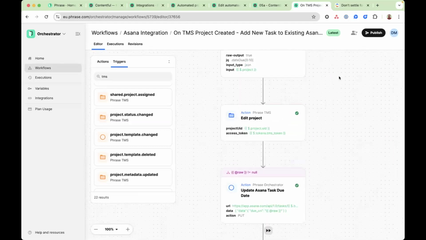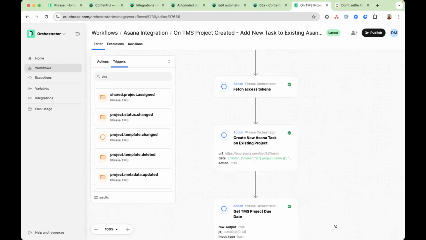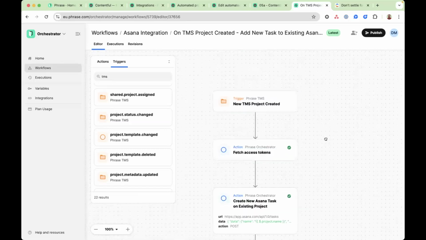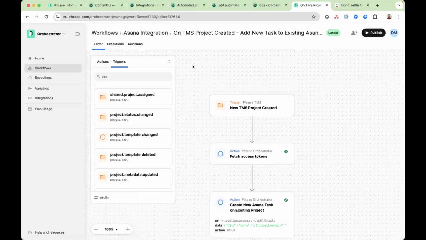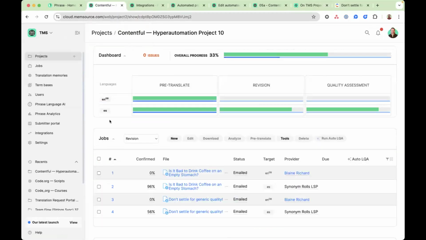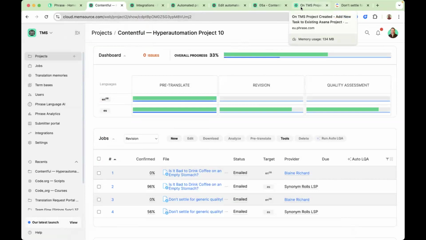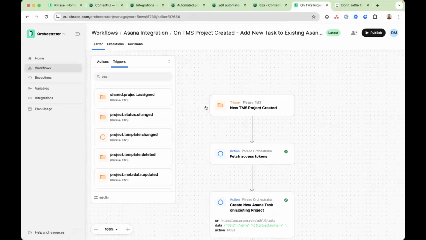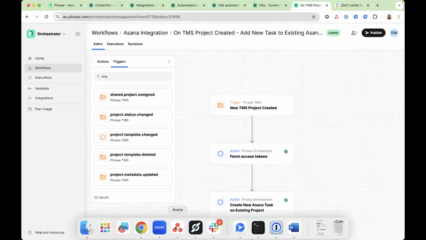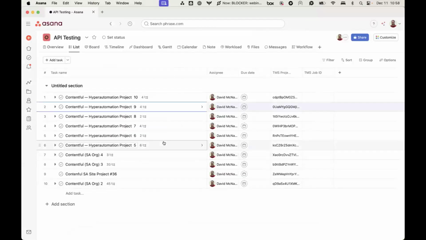So this let me do some work such that when I created this new project inside of the TMS, and this is the project I'm talking about, and we have these different jobs that are here just because we added some new content to the Contentful environment, Orchestrator picked up that event and responded to that event. And if I look over here in Asana,